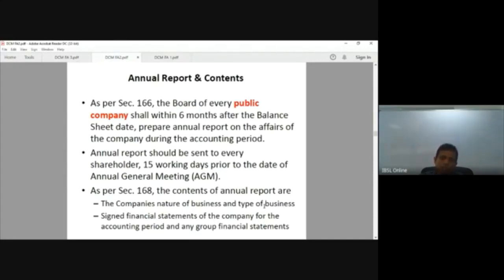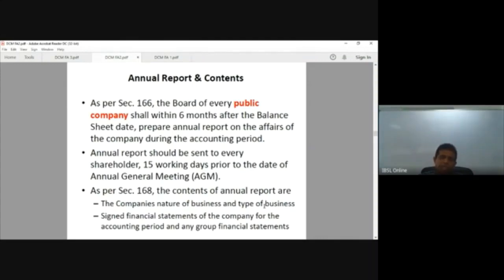Once signed off from the bank side, it will go to the printer. It will take 2 weeks. Thereafter, the hard copies and the soft copy are ready, and it will be sent to the shareholders 15 working days prior to the AGM